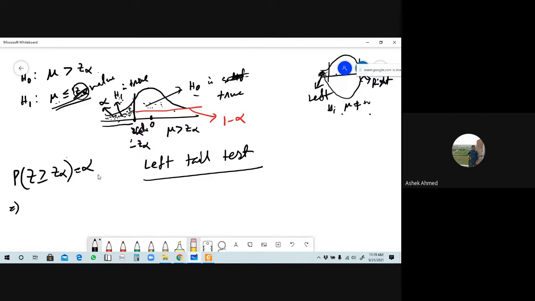But if you product both sides of the inequality by -1, that will be capital Z lesser equals to minus z suffix alpha will be alpha, আমরা already জানি, so since this is the minus z suffix alpha, so left side area will be here alpha হবে, okay, so this will be the H1, this region will be here rejected region, is it right? This is rejected region, and this is accepted region,